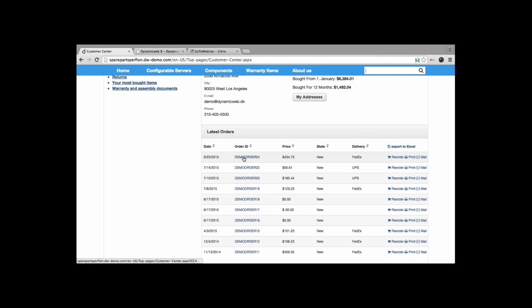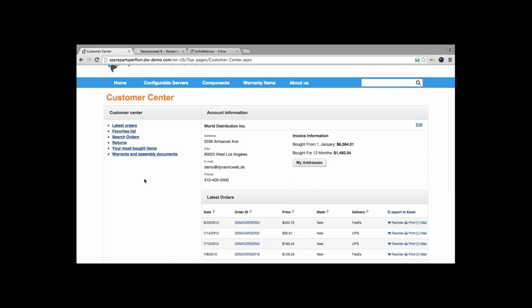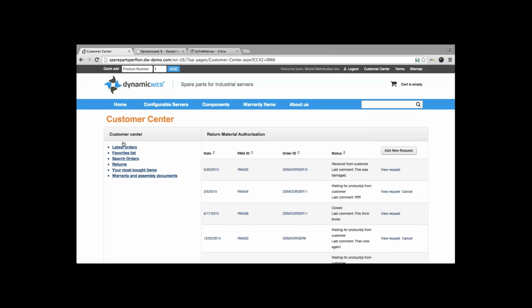They can click inside and see what the status of the order is, the condition, maybe show a little visual chart to show that it's been picked by so-and-so, it's been inspected by so-and-so, and it's ready for shipping by UPS, for example. We can also offer customers a return option here, a simple RMA to more complex RMAs,